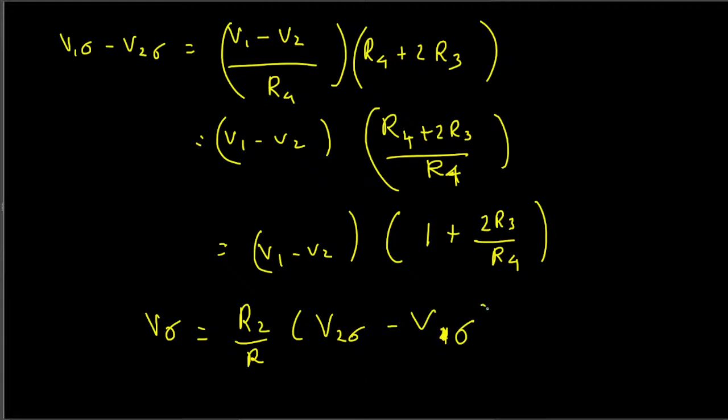Okay, now if you look at this one here, what we derived is V1 output minus V2 output, but what we have here is V2 output minus V1 output. So we have to just flip this sign right here. If we write this one instead of V1 minus V2, we can write this one as V2 minus V1. If we do that, it's equivalent to flipping. So then this is going to be R2 over R1 times V2 minus V1